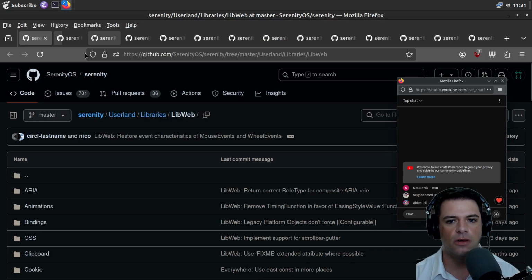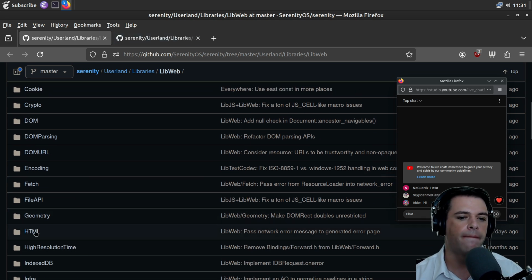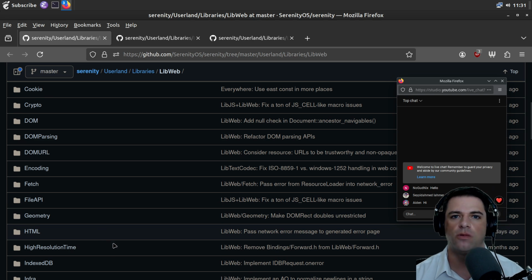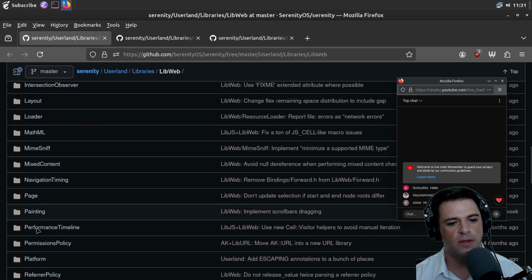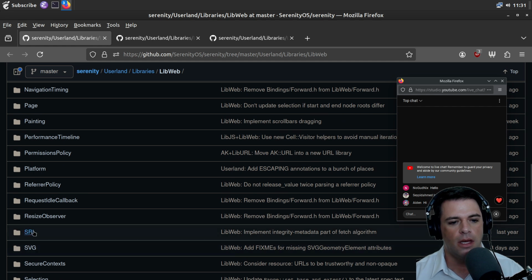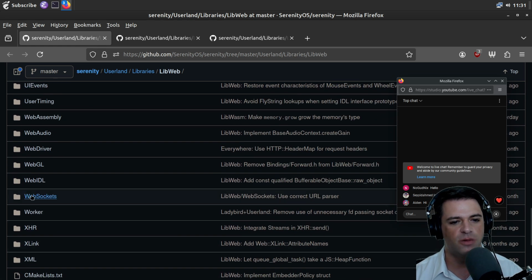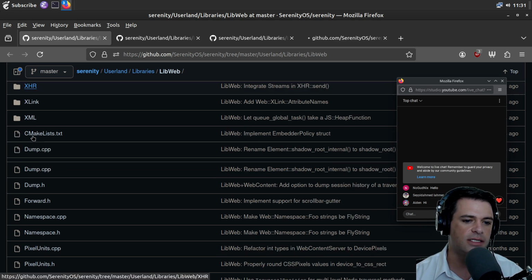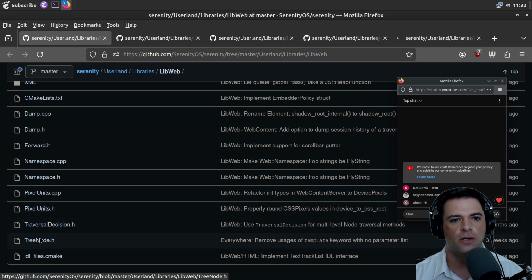We'll mostly ignore userland, but let's get a little bit of a look at libweb. That seems to be one of the things that they've built. It's hard to make a web rendering library. It's only like 2 of them that are really used a lot. And so we might as well give them at least a quick peek. And I don't know what in the 3 minutes we have left, what the most important stuff is. We have WebSockets. I don't think that's a big part of it. XHR and XML, maybe. Traversal decision, pixel units, tree node.